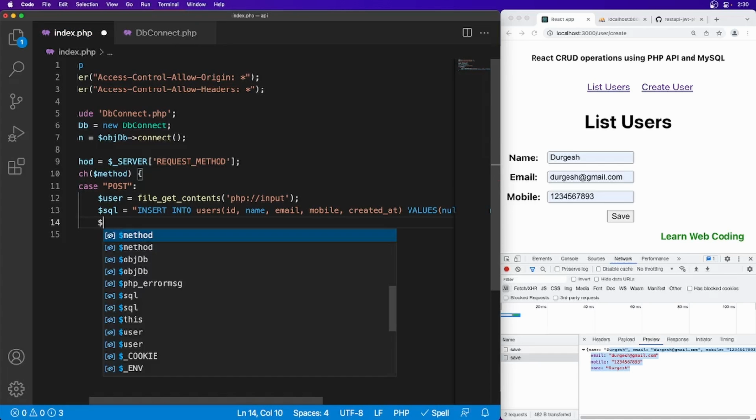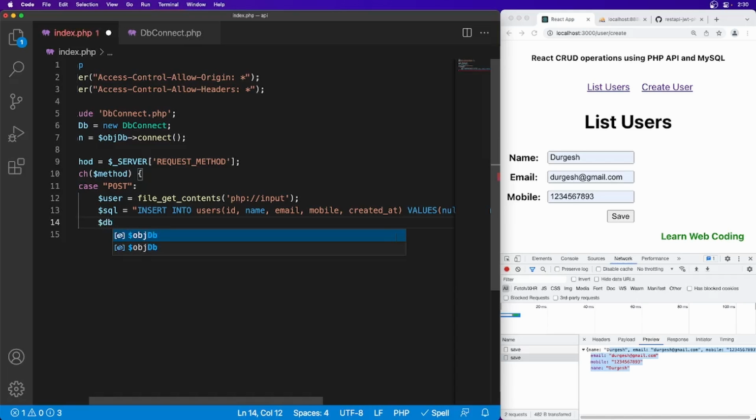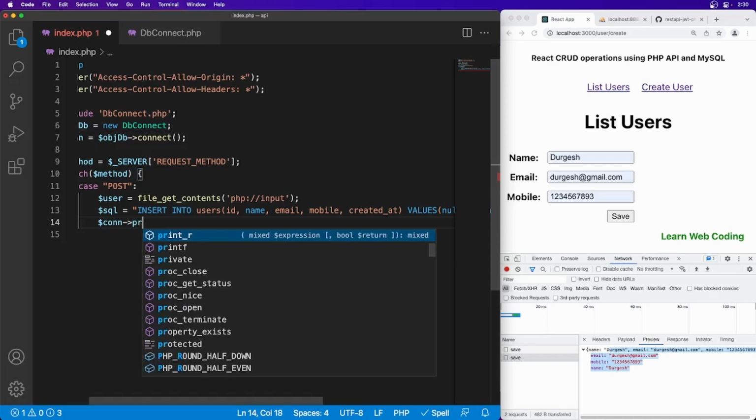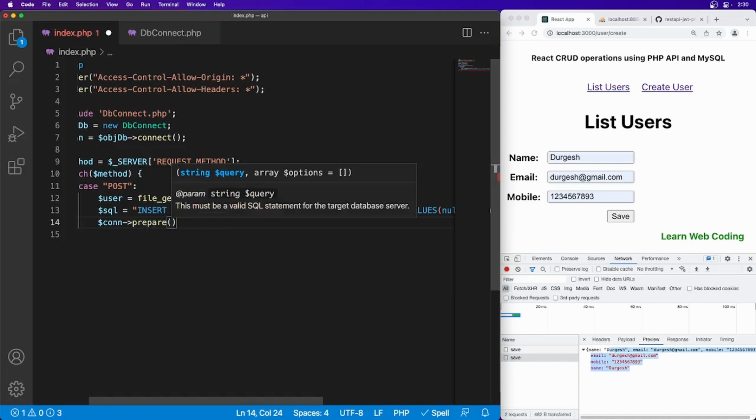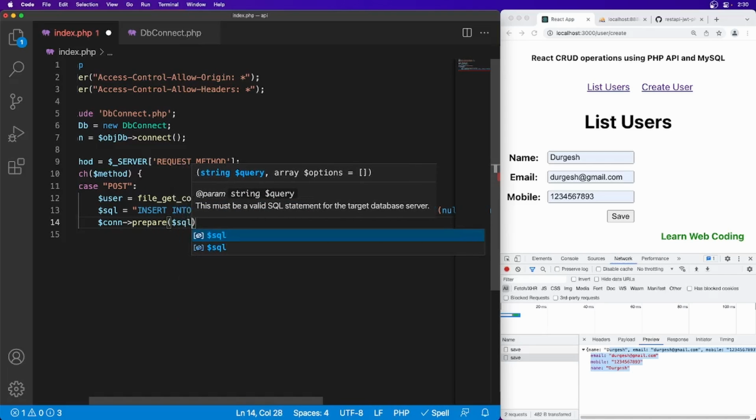Now let's use this DB, or I think connection object, and call the prepare method of PDO and pass this SQL to it.